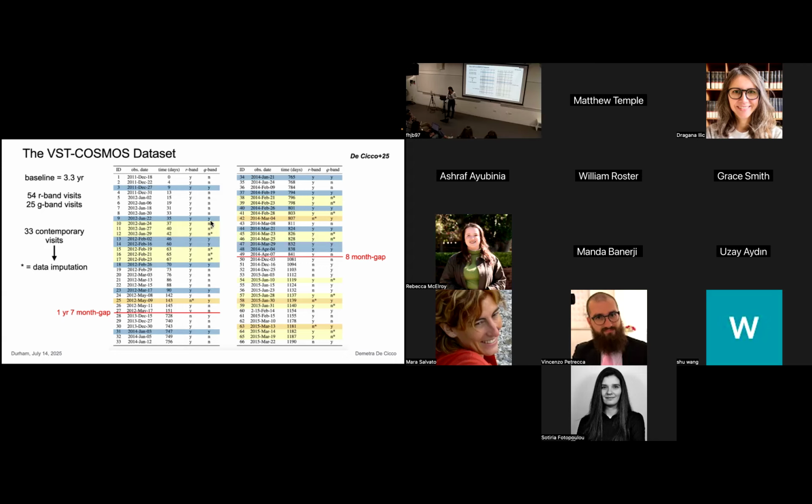replaced gaps that we have in one band, for example here, and not in the other, by means of linear interpolation. This is something you cannot always do, of course, because you don't know how an AGN is going to vary. But we set a threshold of 15 days, and we assume that within such a short time scale, the optical variability, which is what we are interested in, should not deviate significantly from a linear behavior for almost all of the sources. Based on that, we end up with 33 contemporary observations in the two bands